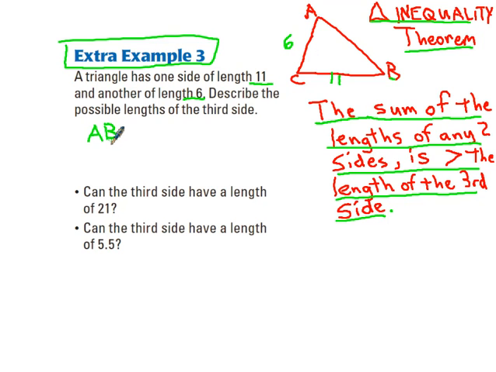It can have a few different things going into it. First of all, if I add these two together, the sum of these two has to be greater than the length of AB. So we can say 6 plus 11 must be greater than the length of AB. All right? So that's one inequality we can write. We can also write a couple other inequalities. So also if we take something like AB and add it to 6,